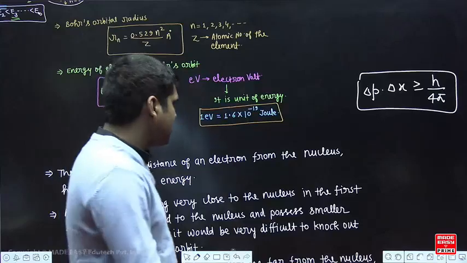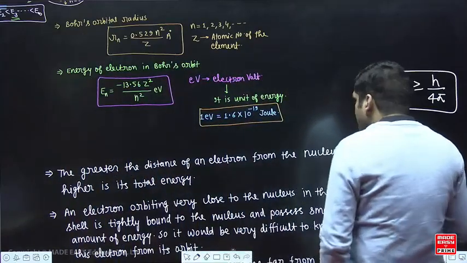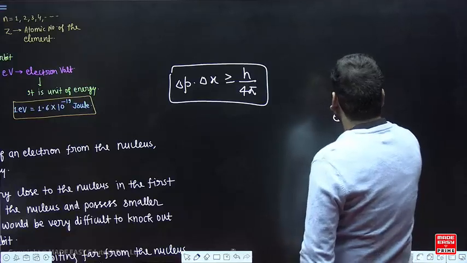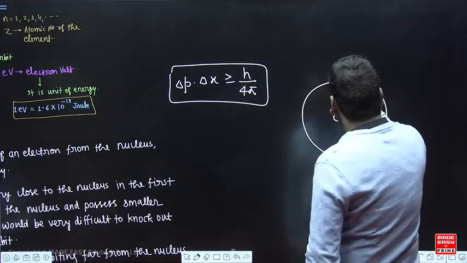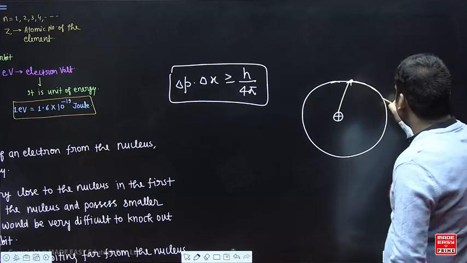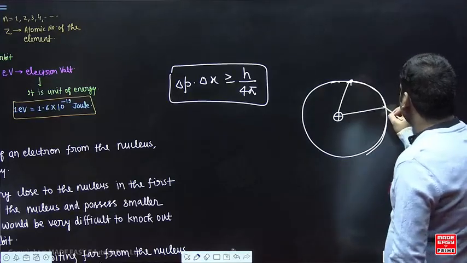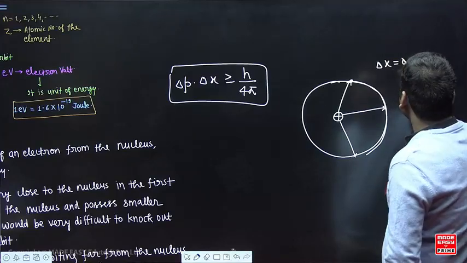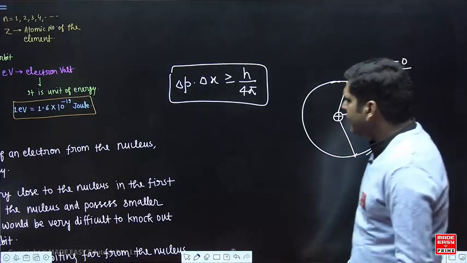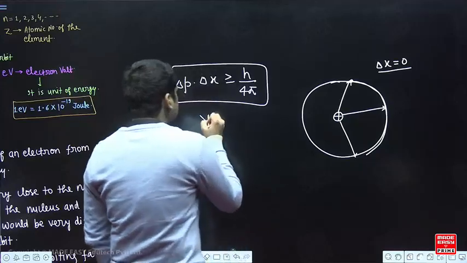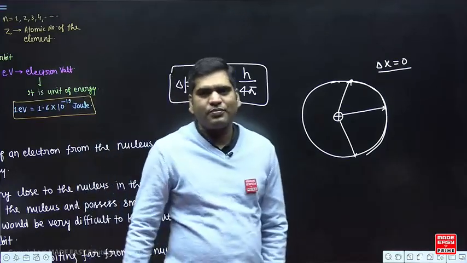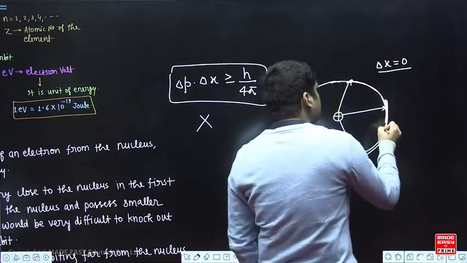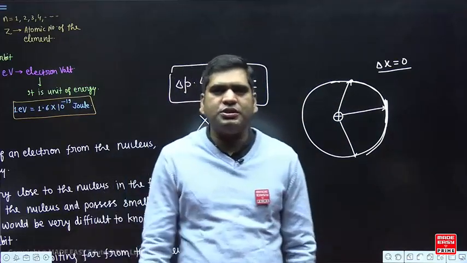अभी थोड़ी देर बाद मैं लिखाऊंगा, लेकिन जरा देखें. Bohr is precisely measuring the position. This is the nucleus and he is saying that the electron is at this point from the nucleus. It is moving at this point around the nucleus. So from the nucleus its position is fixed, and if its position is fixed, delta x is what? 0. And if delta x is 0, then this inequality cannot be satisfied. So if you talk about the definite position of the electron around the nucleus, it means you are violating the Heisenberg's